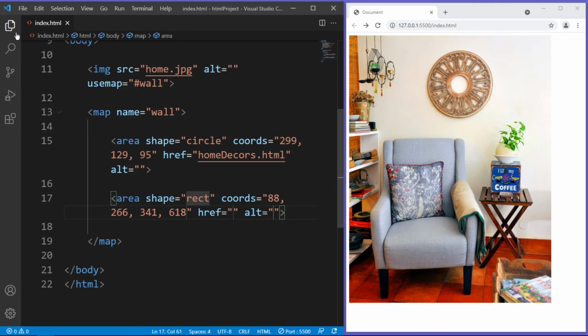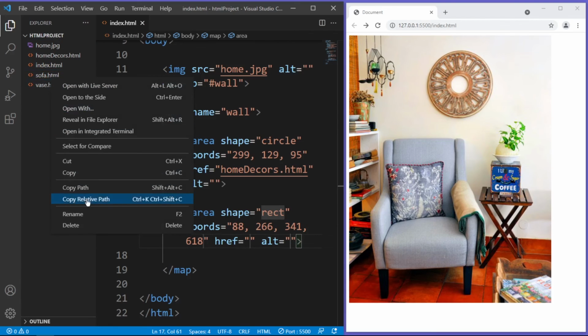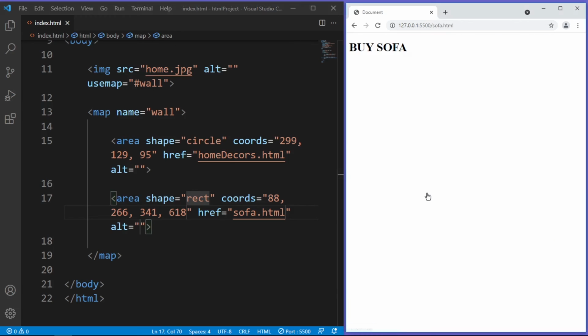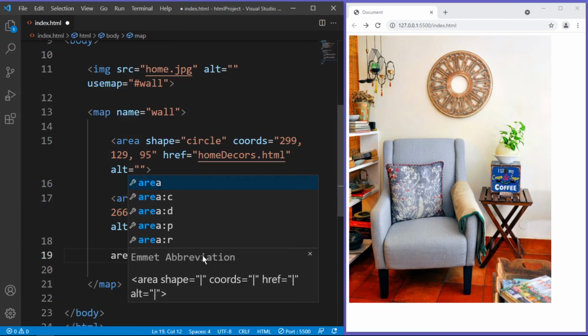Now I'm gonna add a link here of sofa.html. Just right click here and copy this relative path and paste it in here. Let's save, and now let's check. If I click on this sofa, it takes me to the buy sofa. Let's go back to our index page, and now I'm gonna add a link to this vase as well, and type in here the area tag,